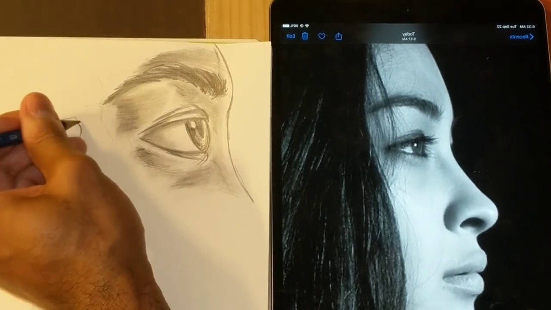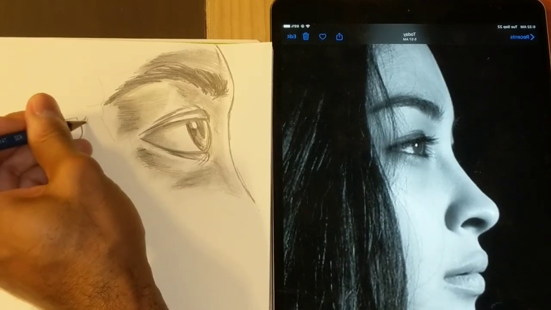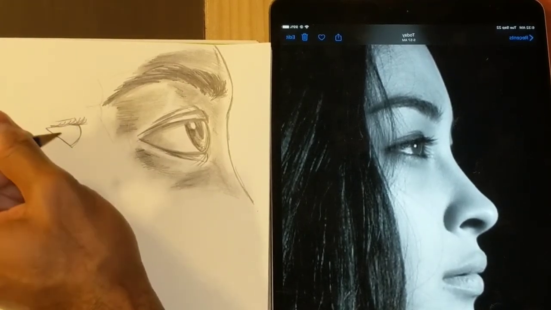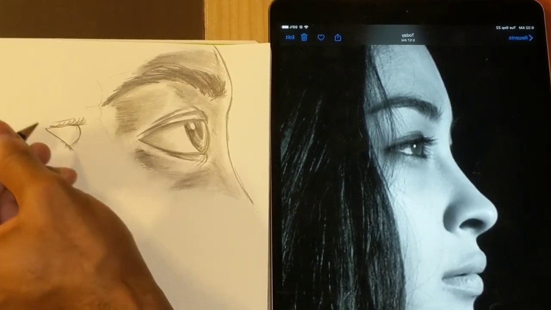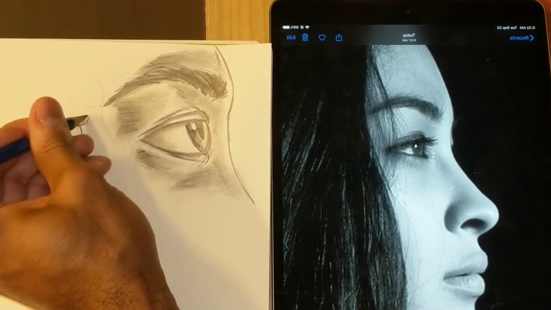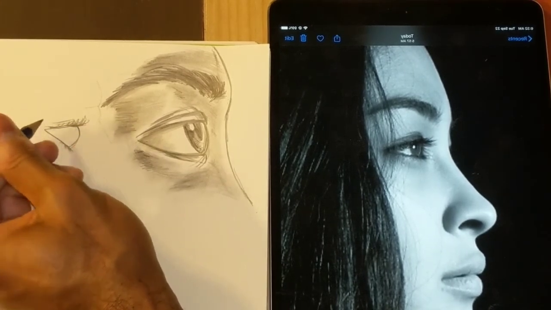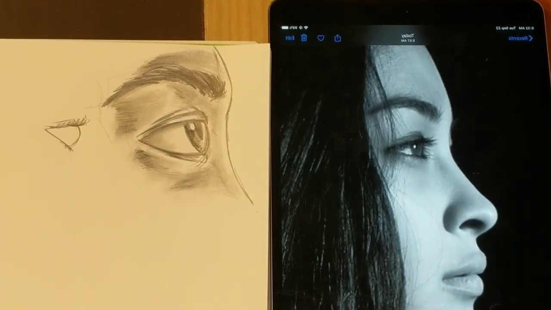Especially on the edge, they curve down and up. Almost like that. You don't really see them as much at the bottom, but they do curve. They have a nice little curvature to them, especially if eyelashes are long. You can see them fairly clearly. I don't know how well you can see that. But again, they do